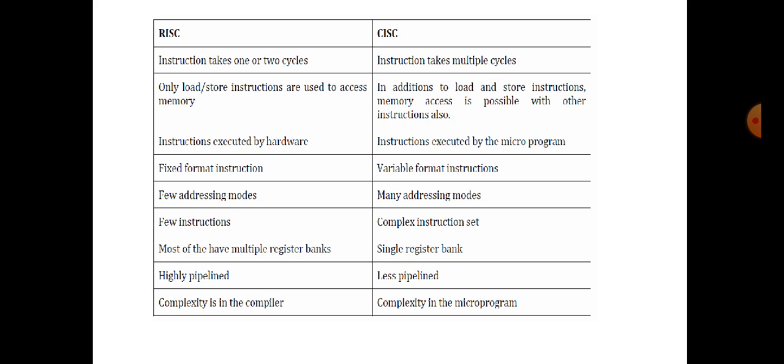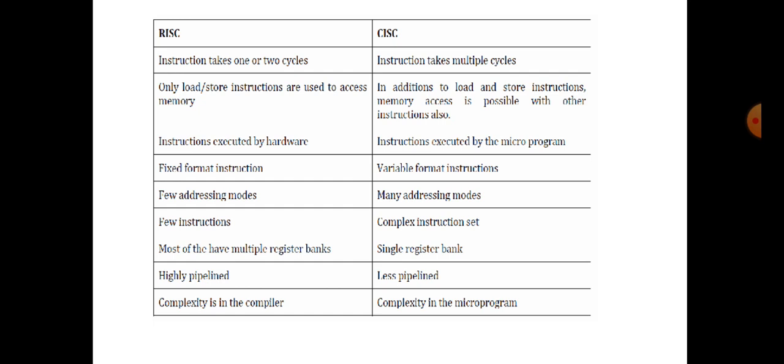In the third machine cycle, the first instruction which was decoded earlier will now be sent for executing. The second instruction which was fetched will now be sent for decoding, and the third instruction will now be fetched from the memory. Means the first instruction is being executed, the second is being decoded, and the third is being fetched from the memory. All three things are happening in parallel. That we call pipelining. So RISC is highly pipelined, whereas CISC machines are less pipelined.